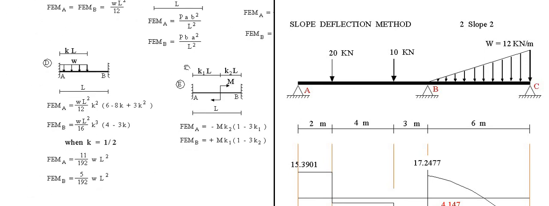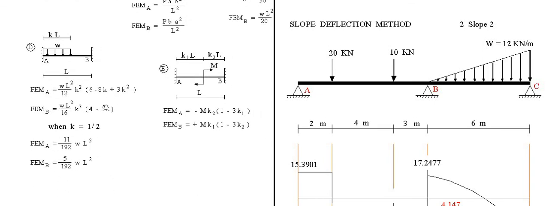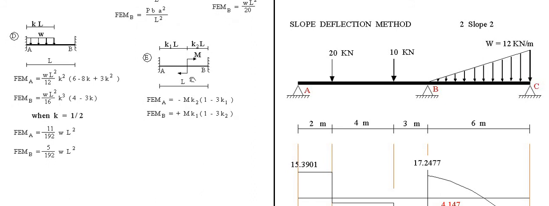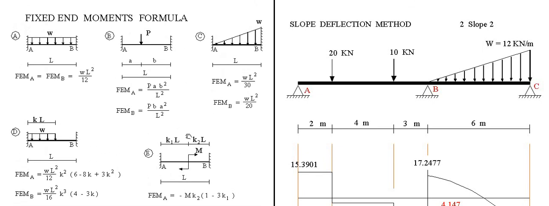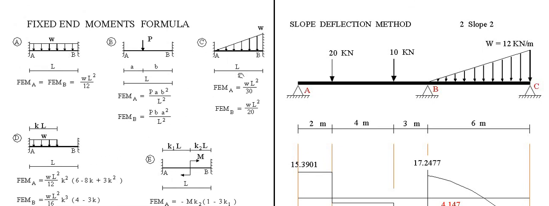For a partially loaded uniform load, we have this formula. It's a very long discussion, so just follow. If ever you encounter this, then we have a couple placed at a certain distance K1 on the left. So we have this formula. As of now we don't use these two. Oftentimes these three are used in the slope deflection.